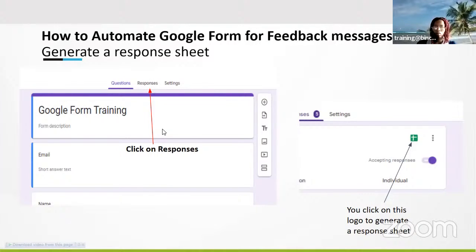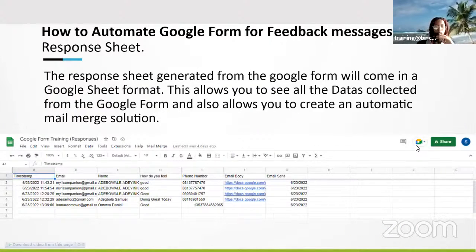Once we click on the response option, you have to click on the logo of the Google Sheets to generate a response sheet. So this is how this response sheet looks like. We have the timestamp, we have the email, the name, and a couple of information really. How do you feel? And we have phone number, email body, you know.